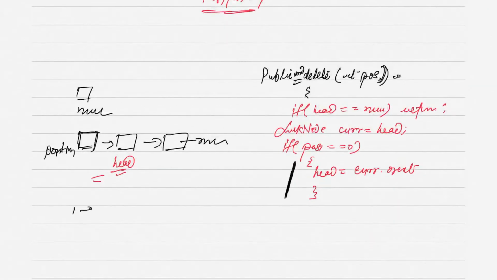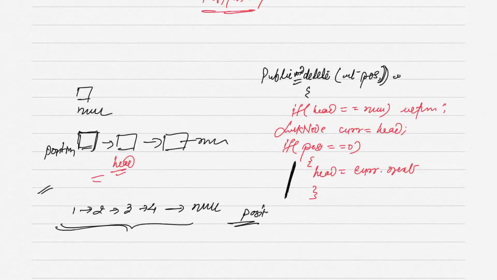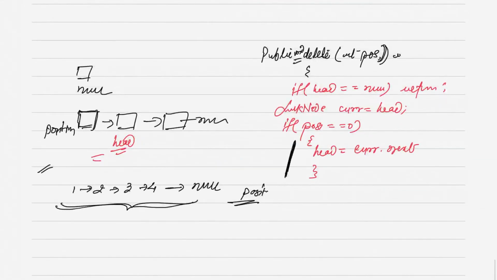Suppose you are given another example, 1 2 3 4 and null. Suppose your list length is 4 and somebody is asking to delete the value which is present at the 9th node. Suppose your position is 9. In this case also we will not be able to delete that specific node, and we need to avoid it.